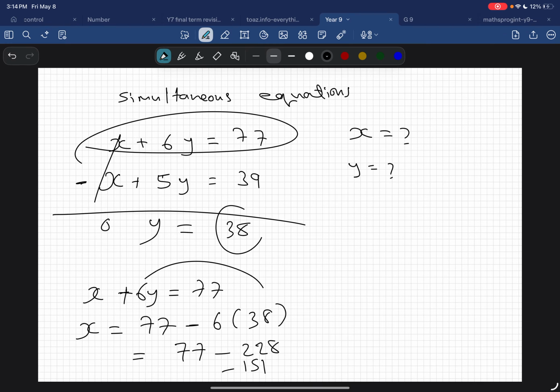Okay? If you want to make sure, when you place minus 151 plus 6 times 38, which is what we got as 228, it's going to be equal, no doubt, 77. So when you do minus